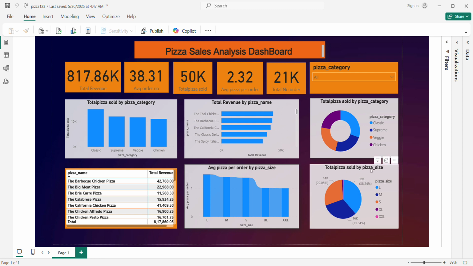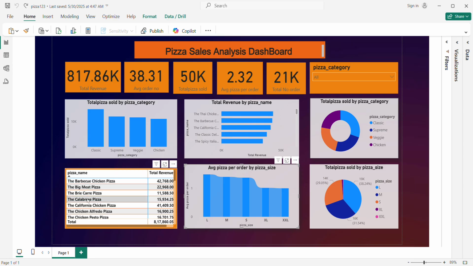It is a comparison of the total price and total pizza sold by pizza size, and this is the average pizza per order by pizza size. It comprises the values of average pizza per order and pizza size: L is large, M is medium, S is small, XL is extra large. And this is a